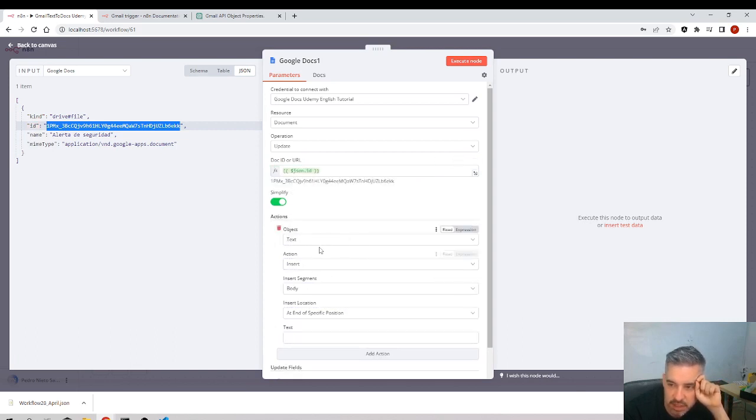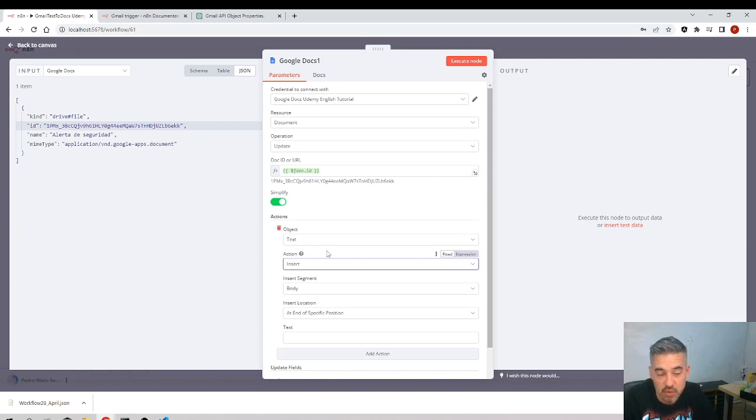and actions, text, look at this, action, insert, find and replace text, insert, I could even edit text. This is so wide. Of course, I will not cover all the possibilities of all the possible workflows. That would be impossible, first of all, because there is an infinite amount of possible workflows. But look at this, you can edit the text. Well, anyway,